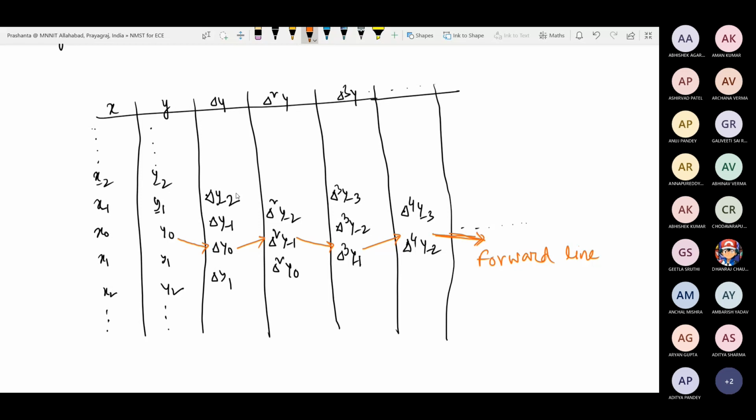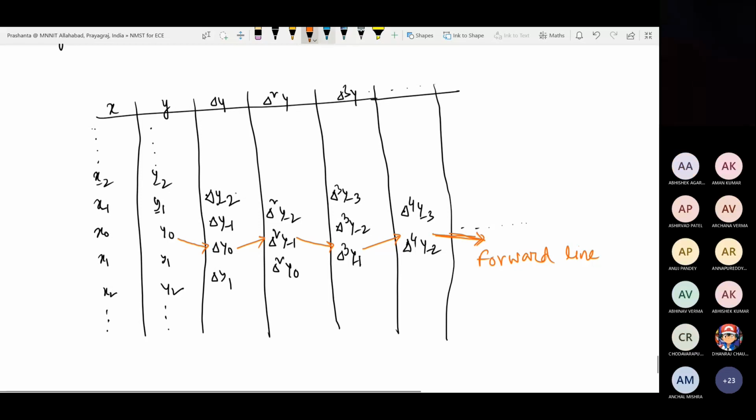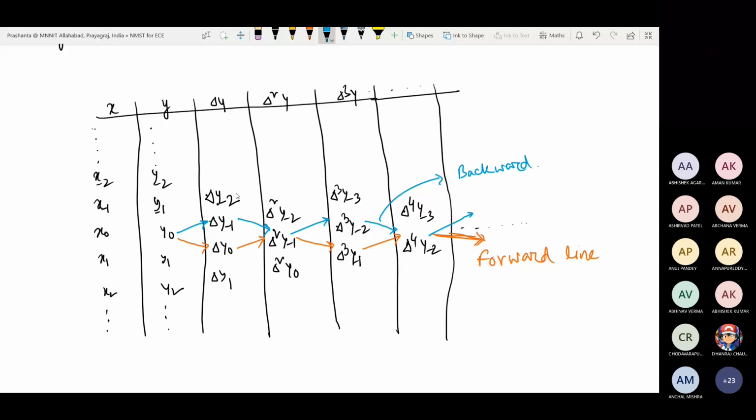That way indices are there. And this one is called the backward line. Along this line, if you take the values, that line will be the backward line. So let us quickly take a finite number of data set and choose something as origin and try to understand which one is the forward line and which one is the backward line. Once you do that, then the remaining part I will be discussing.